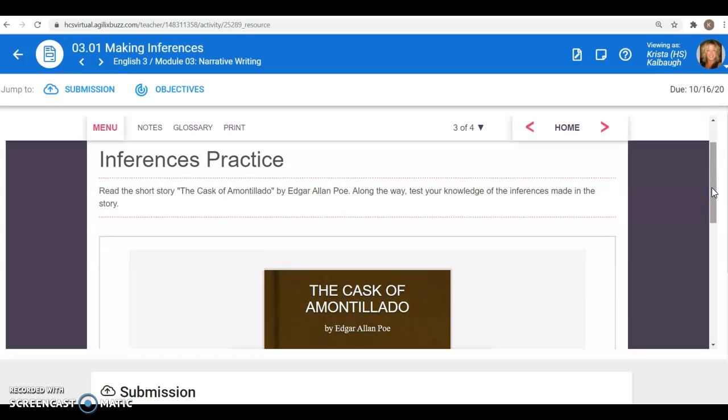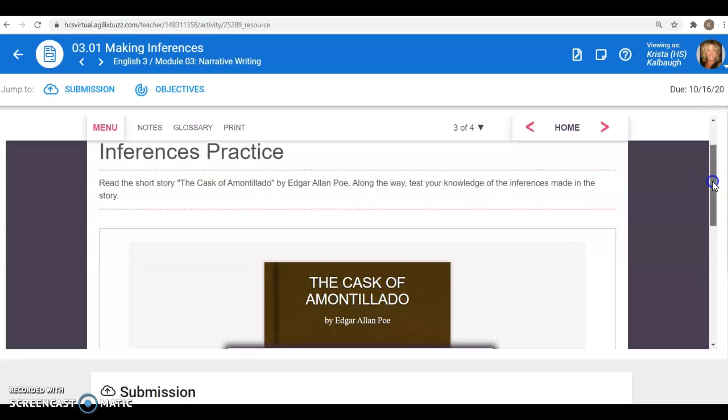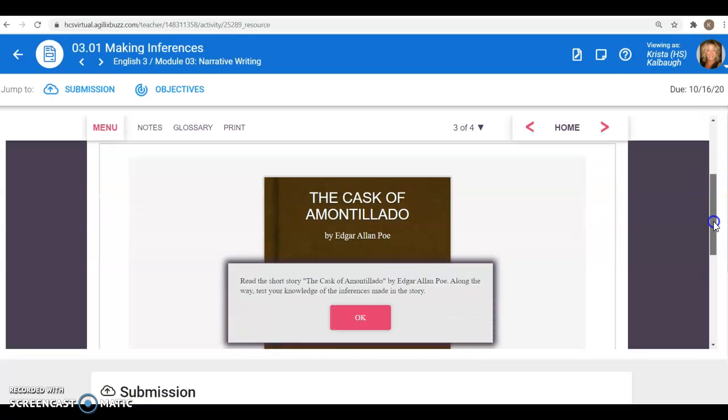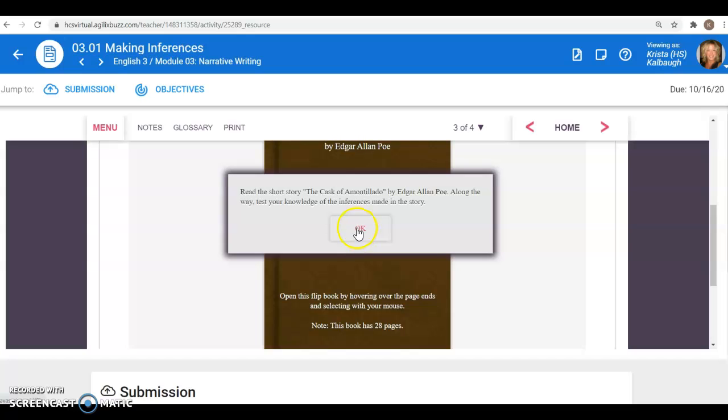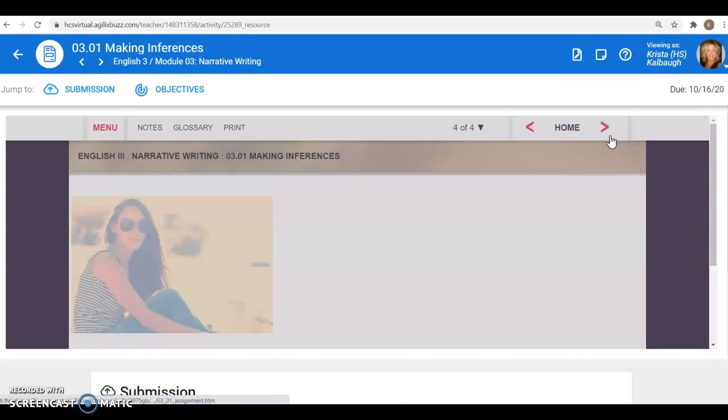I am sure that there are free audio versions online if you want to Google The Cask of Amontillado, if you'd rather listen to it or follow along while you listen to it being read. I would assume you should also be able to find it in Spanish if you would rather listen to it in Spanish as well. Okay, so again, take a look at that short story. It's good. You may have read it before, maybe.